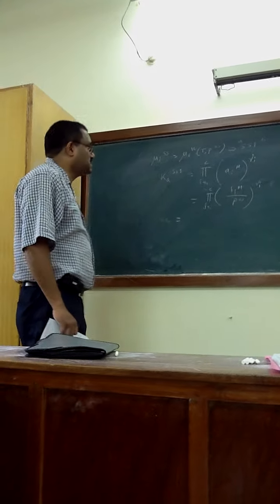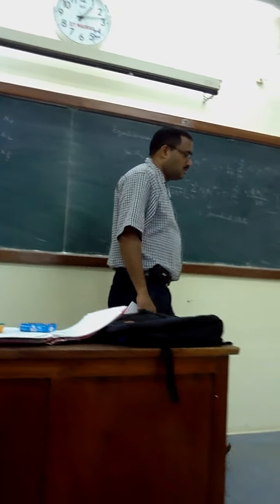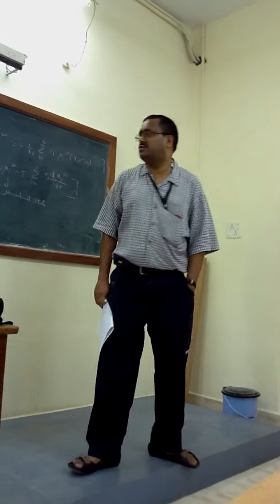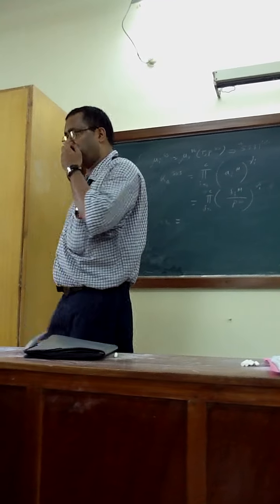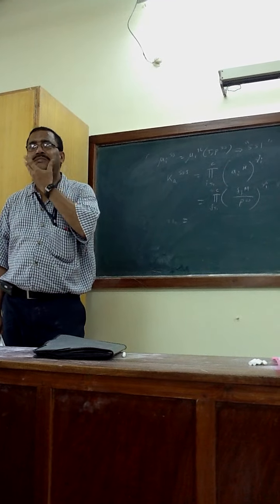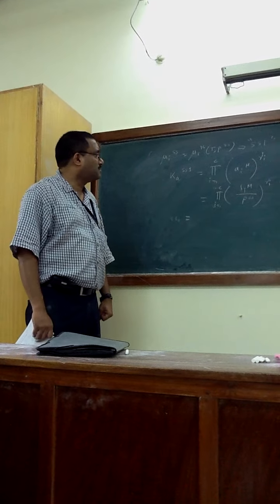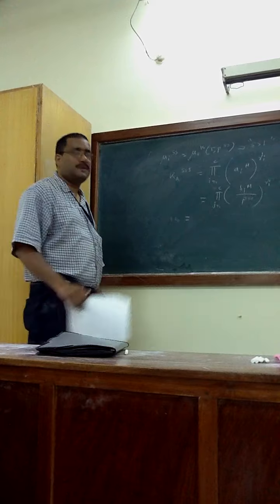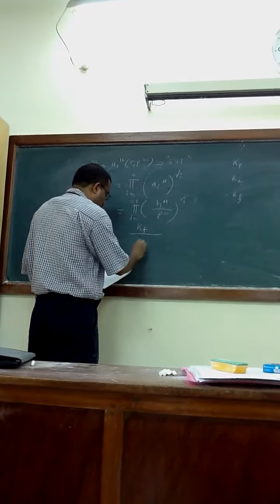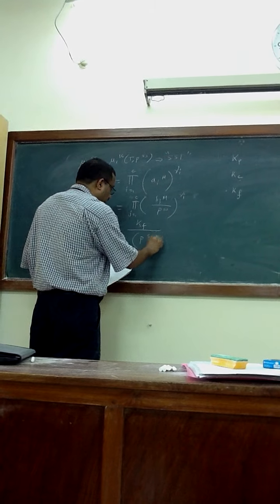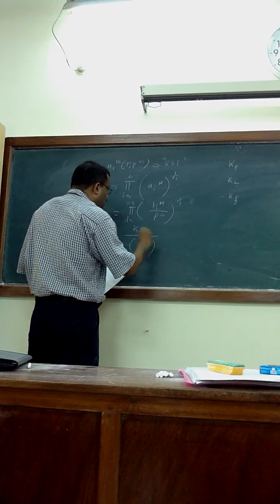In terms of fugacity based equilibrium constant, what should we write? Kf divided by P SS raised to